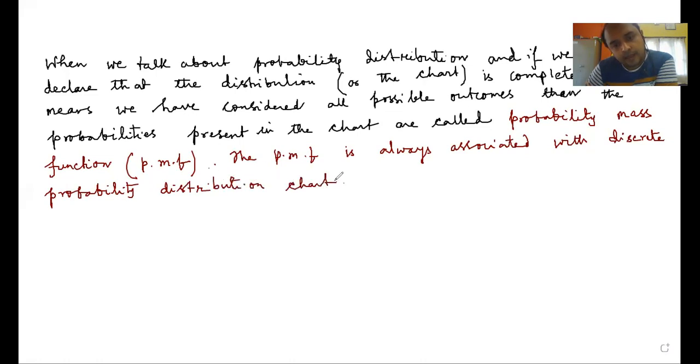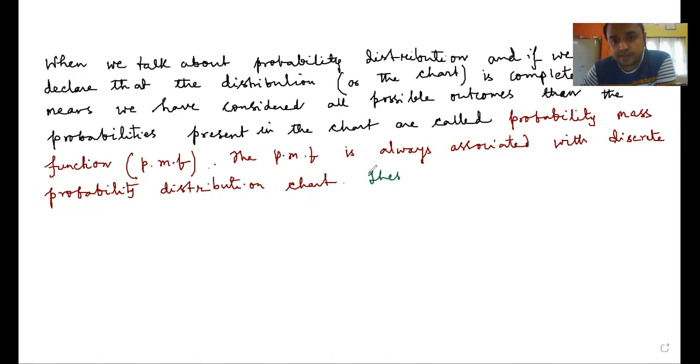Okay, and for continuous probability distribution, similarly, we have another case where the probability distribution is continuous. Their probabilities have a different name. They are not known as probability mass functions. So when I say that I'm dealing with a probability mass function, you should immediately understand that I'm talking about a discrete probability chart. And these PMFs